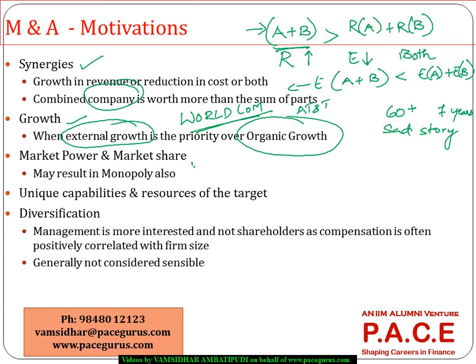Then, mergers and acquisitions also provide for an increase in market share and market power. Probably you are consolidating the market. If there are 10 players, probably because of a few acquisitions you can reduce the number of players to 5, and at the same time your market share will increase drastically, which may result in monopolizing or duopolizing or oligopolizing the entire market. So your market power generally increases along with the market share when we are looking at M&A strategy.